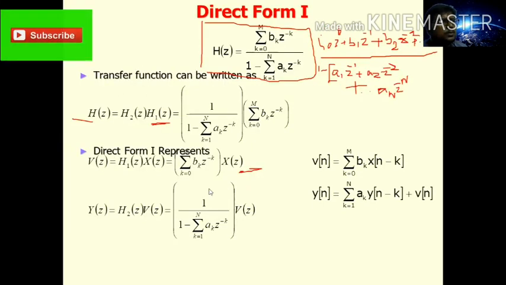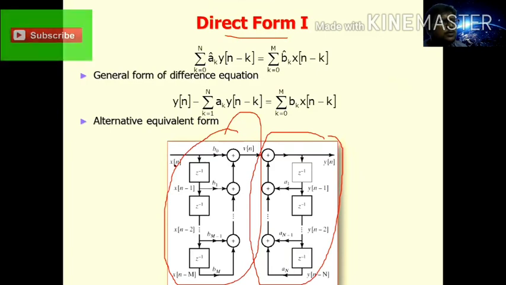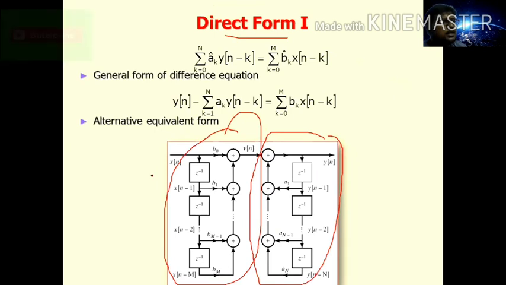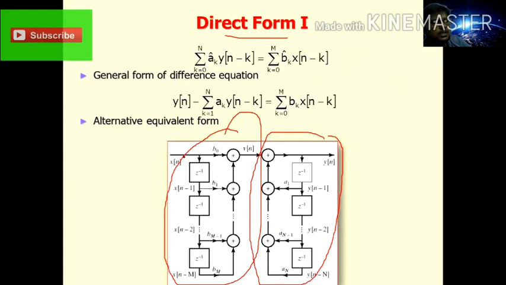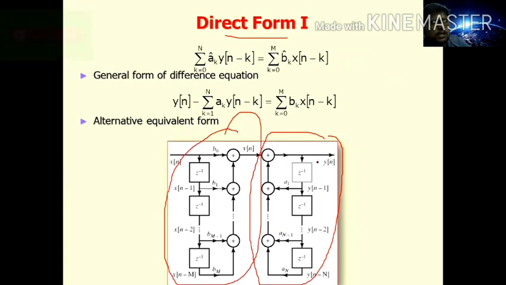Now let me show the block diagram. So here x of n, here y of n, h1 of z and h2 of z. So look at this expression. Here h1 of z is summation bk z power minus k, that is b naught plus b1 z inverse plus b2 z power minus 2. So look at this side: b1, the left hand side you have to write down here. The first signal it will receive is b naught, then b1, b2 up to bm. Then the denominator portion will be drawn at the right hand side. Overhead will come from right to left, but here left to right.